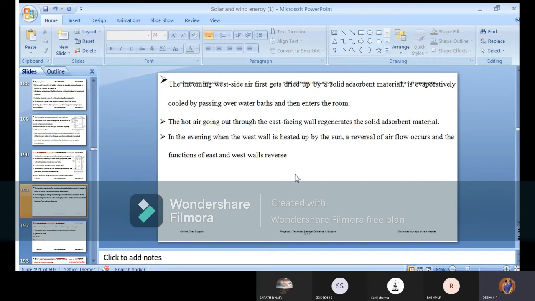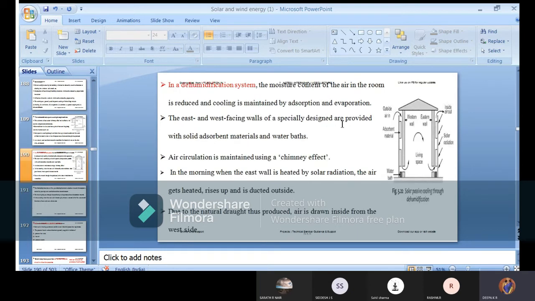Similarly, if it happens on the west side, the east wall will take the responsibility. The diagram is given based on the east side, so for the west side, you can change the outlet names. You have written outside air in, inside air out. So if you are drawing a diagram opposite to that, where the west wall is getting solar rays and the east wall is not, then make a reverse operation. The rays will be entering here, and your movement will be different. See, a water bath is provided on both sides, both walls have been given a water bath. So this is one process during the east condition. If you want to write it for the west condition, it is a reverse process.